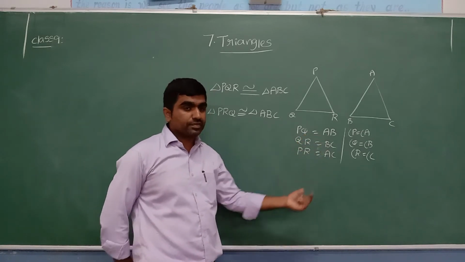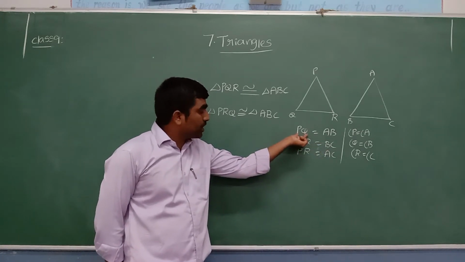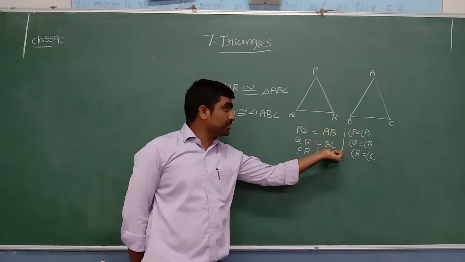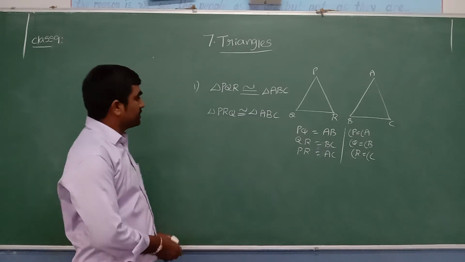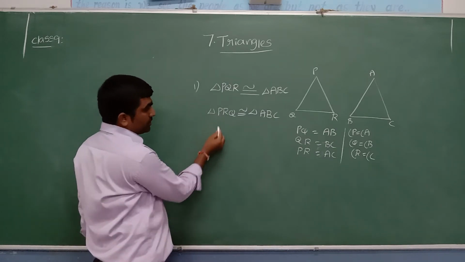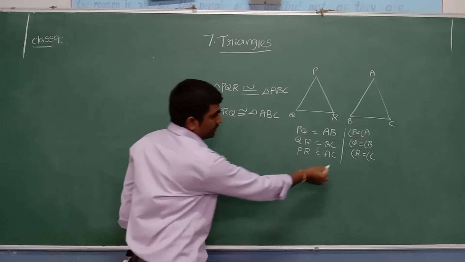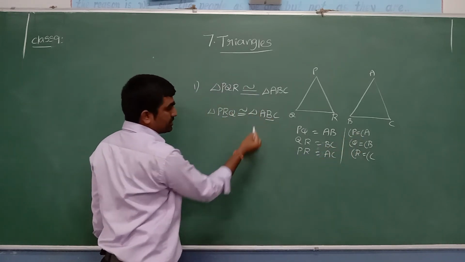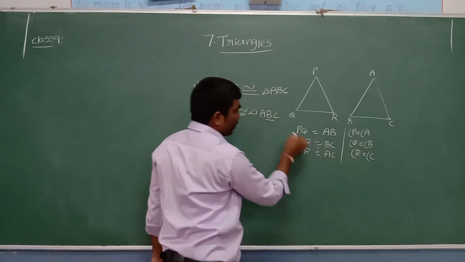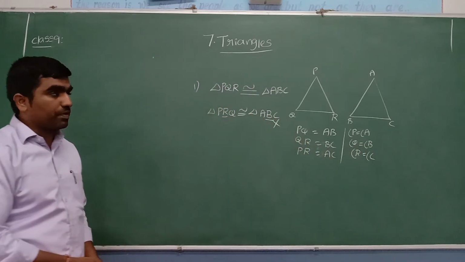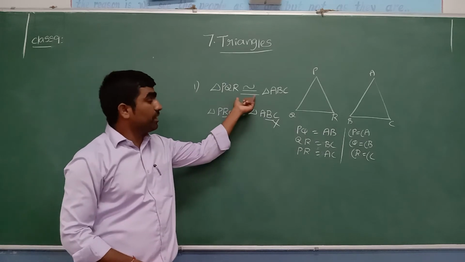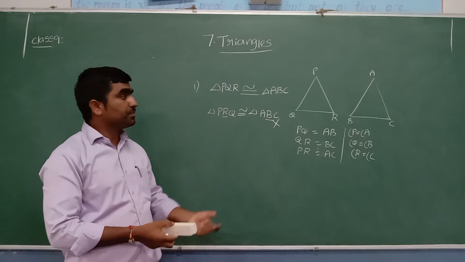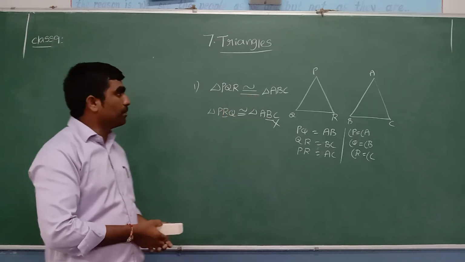Sir, what about sides then? PQ is the first two letters in the first triangle. In the second triangle, the first two letters must be either AB or BA. Let us check now. First the angles. Angle P is equal to angle A, yes. First. Angle R is equal to angle B? Second. R is equal to B, no, not equal. Wrong. So we can't represent it like this. Representing in symbolic form is very important, and based on that we need to solve more applications.